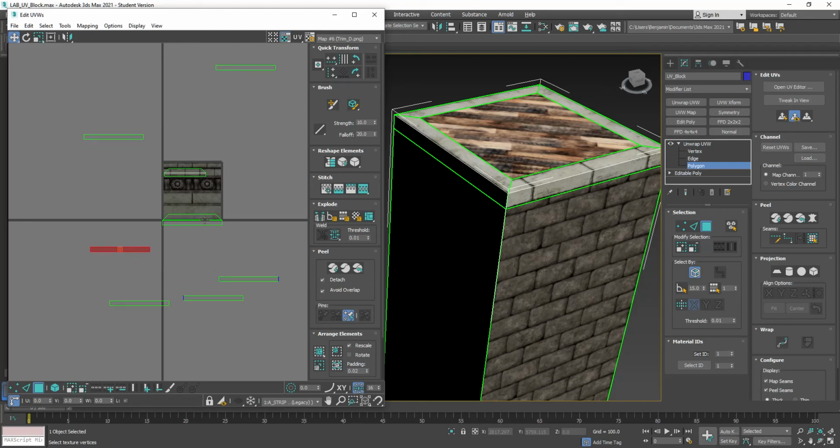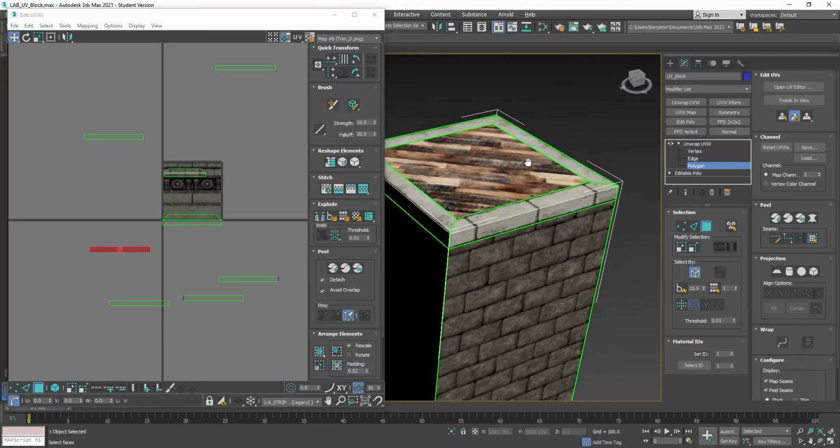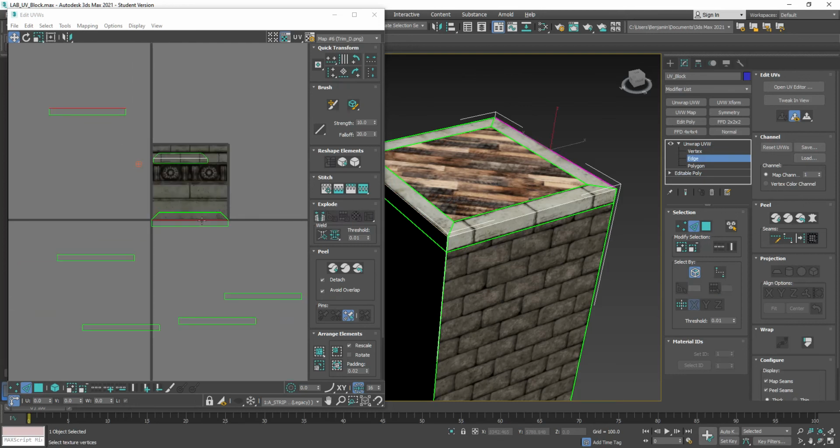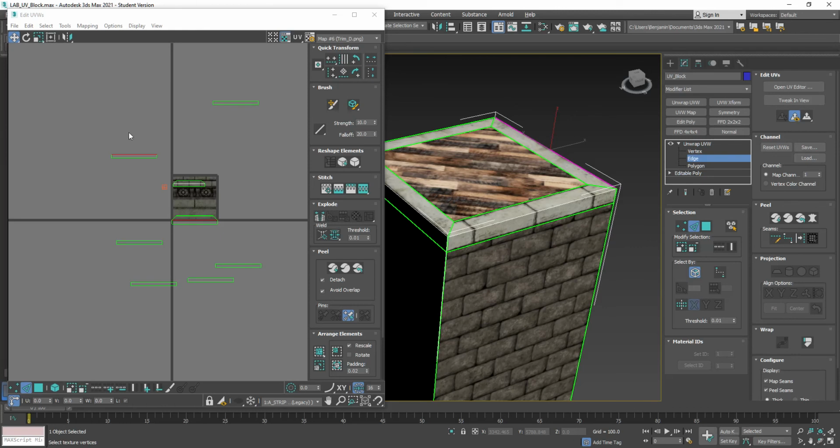Just like when you look here, there's multiple stacked on top of each other there. And so what I'm going to do is just come around and select my edges in this viewport here, because there's so many stacked on top there, I won't necessarily know which one I have selected. And then I can hold Alt and deselect the one that's away from our common area and go through and